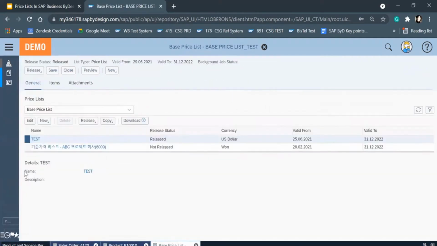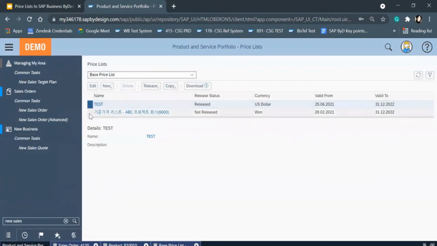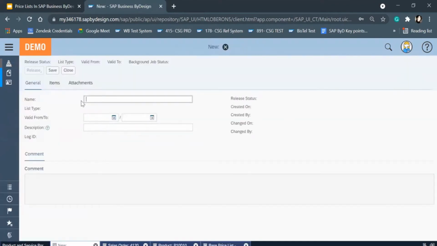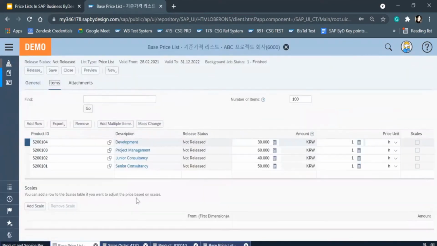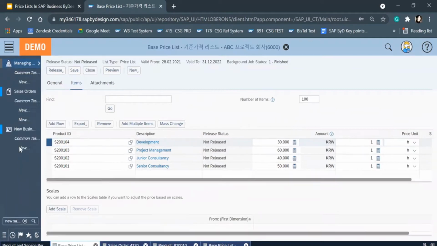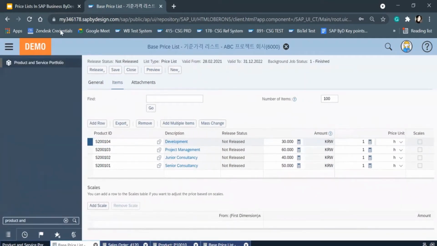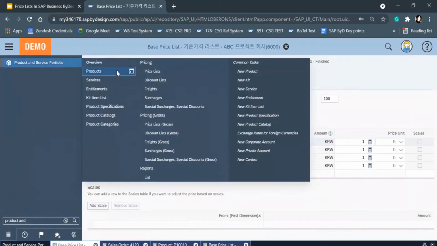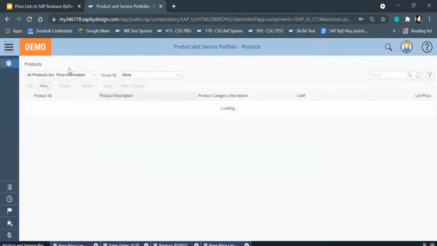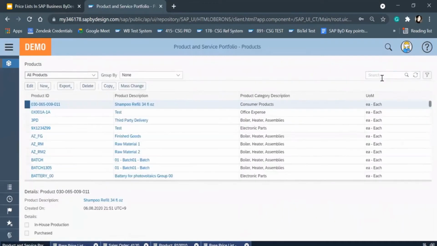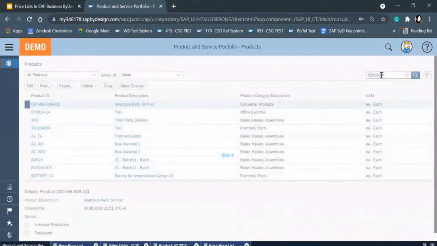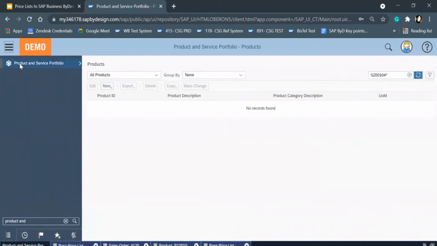If I check the existing price list, maybe this one. So we have this product. I'm showing you how we can see the existing price list for that product. I think it's a service.